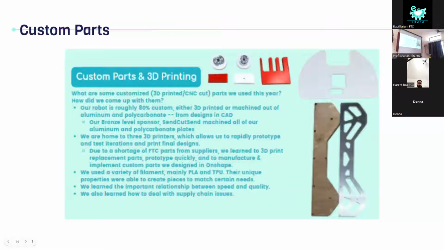Additionally, we used some custom parts that we did not simply buy from online. They were mainly 3D printed and CNC machine cut. Our robot is roughly 80% custom, and we either 3D printed or machined out of aluminum and polycarbonate from our designs in CAD. Our team owns 3 3D printers, which allows us to rapidly prototype and test iterations and print